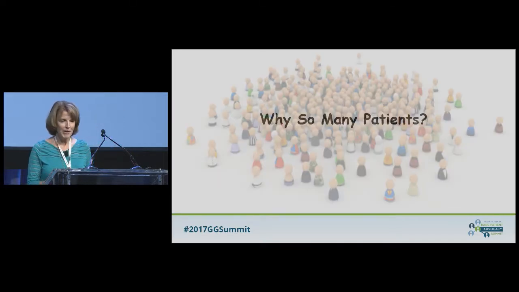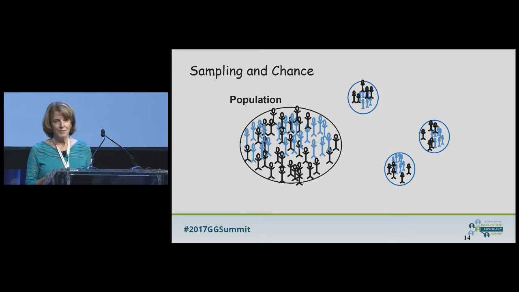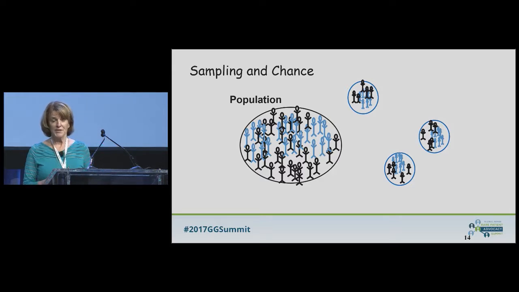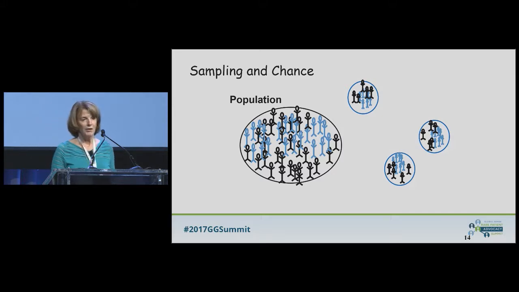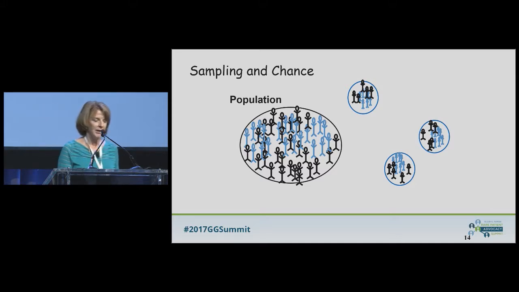And why do we have to have so many patients? And again, in rare trials, sometimes it can be a smaller patient population because the patients just aren't available. But the reason is that when you're doing a clinical trial, you're normally looking at just a sampling of the available patients or a sampling of the actual patients. And the smaller the sample, the greater the likelihood that you won't get a good representation of the population as a whole. You may get a group of patients who are sicker and less likely to respond.